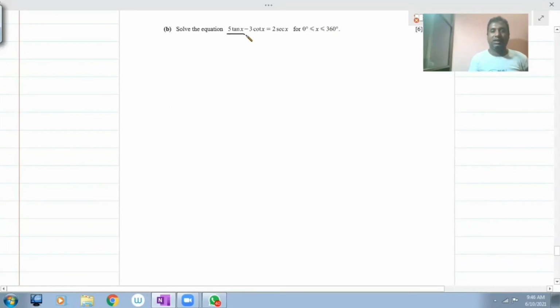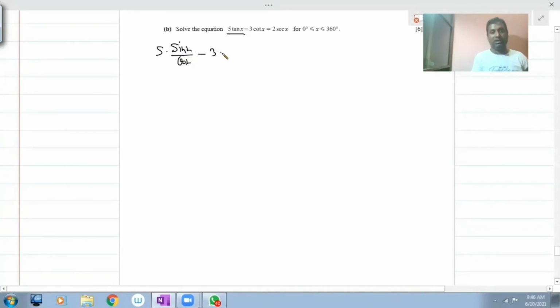Here is given 5 tan x minus 3 cot x equals 2 sec x. So let us simplify this one. We know that tan x equals sin x by